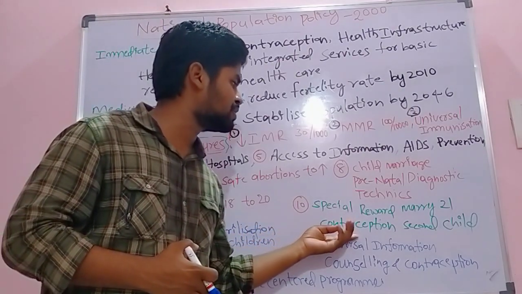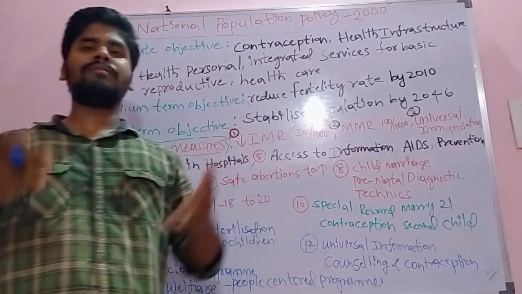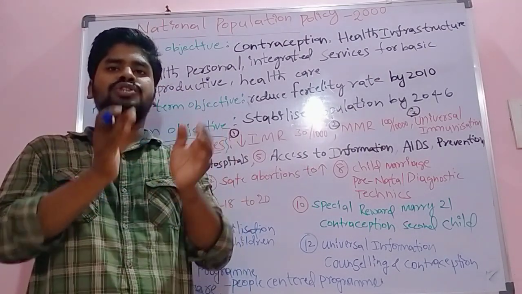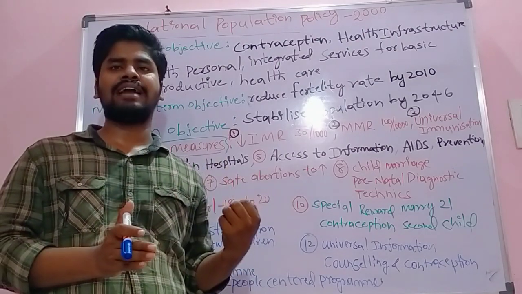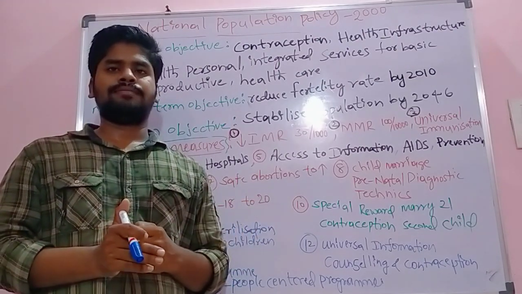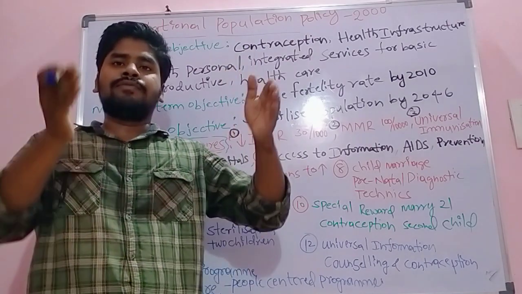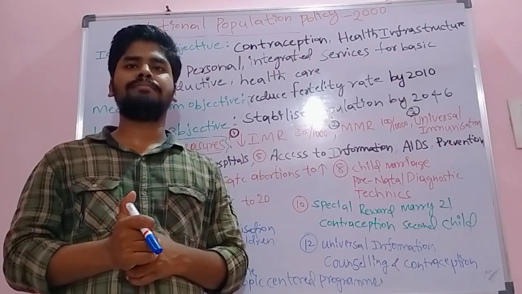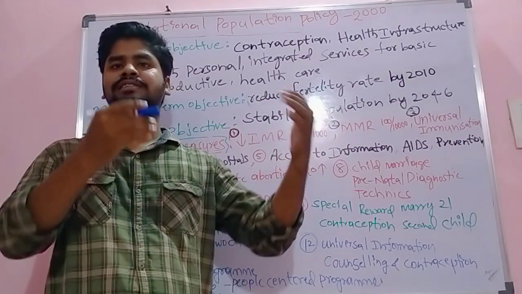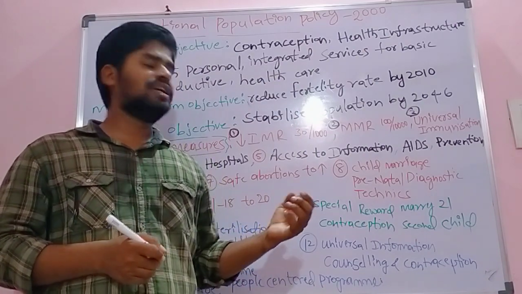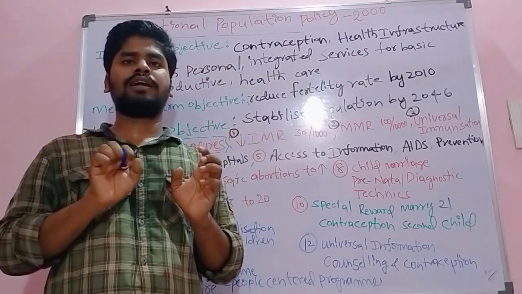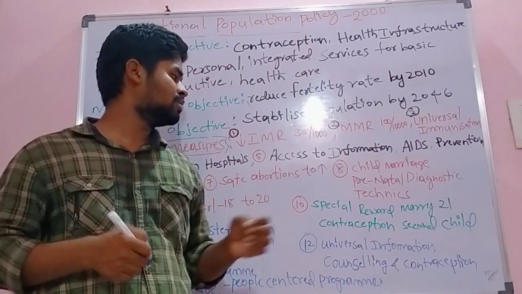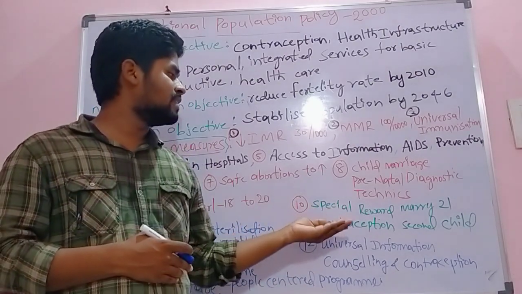And contraception and the second child. The government of India has implemented the two-child norm in our family planning system. If you look at the Chinese economy, it was one or none, a strict population policy, so the population is decreasing in China. Coming to India, it is two or none. So that is the situation in India.